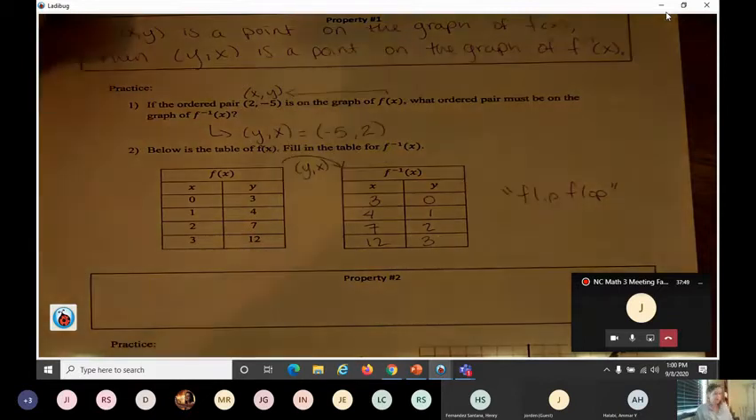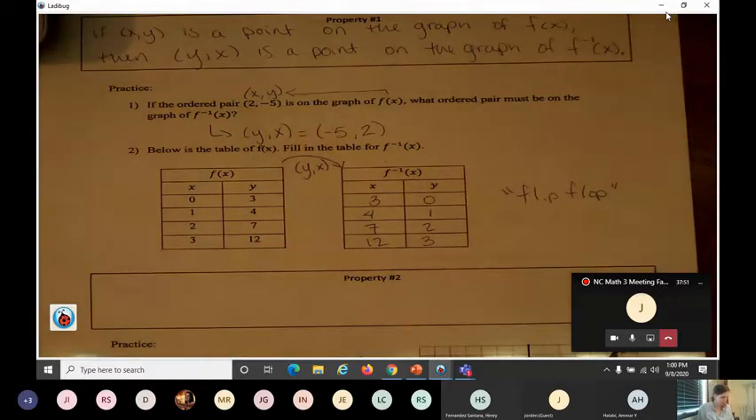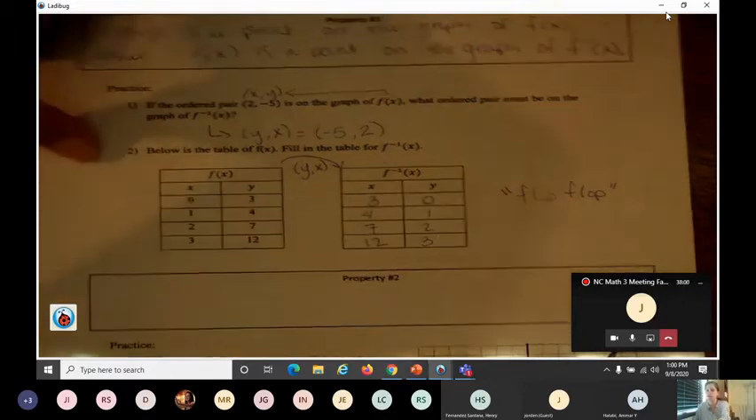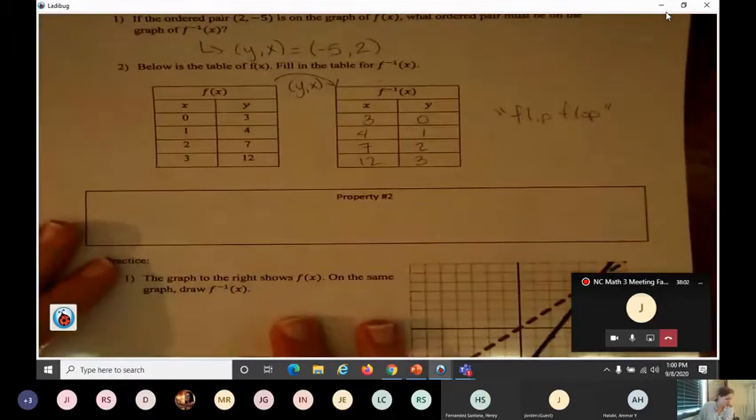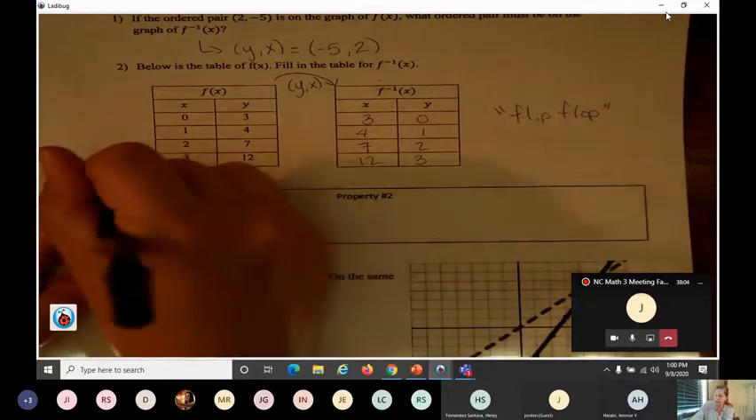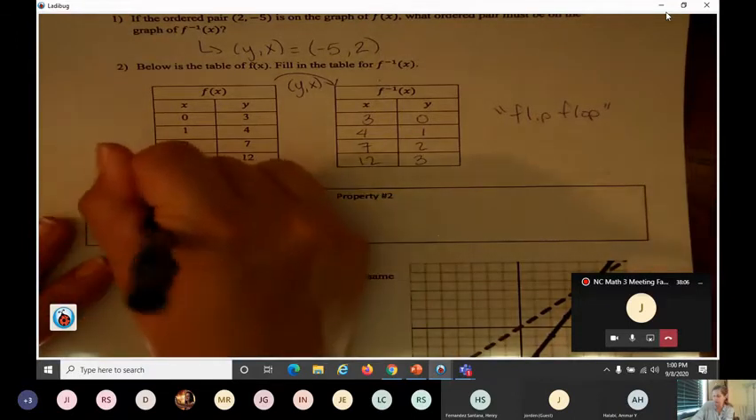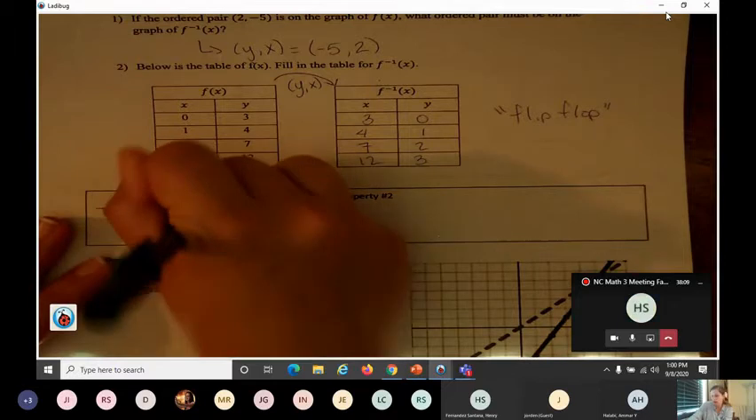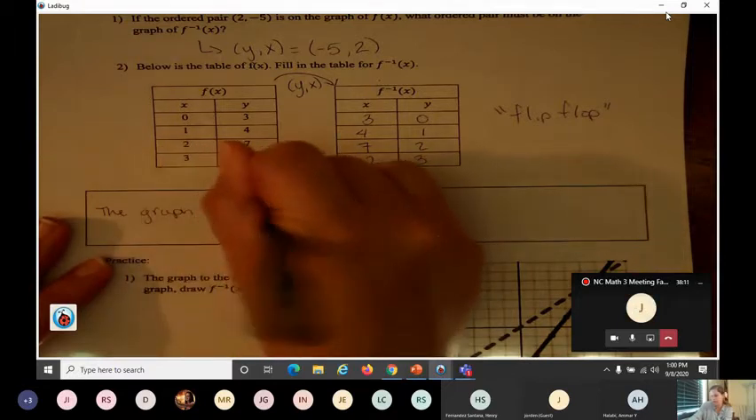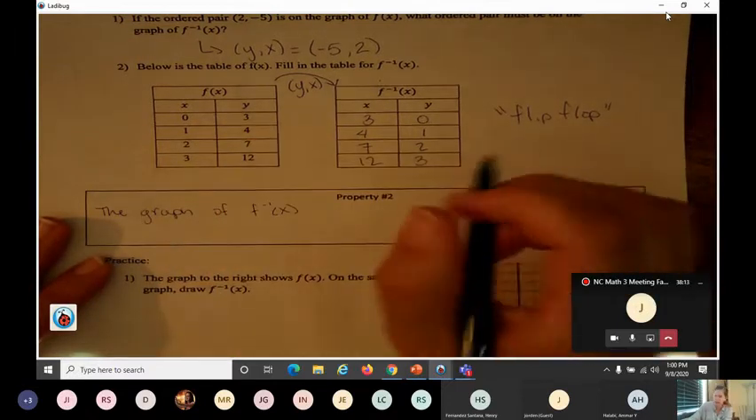Okay, let's move on to property 2. Okay, and this one is a little bit, well, I won't say it's more complicated. It's just a little bit harder to visualize than the first property. Okay, so property 2 says that the graph of f inverse of x is